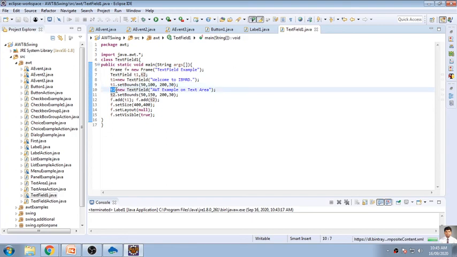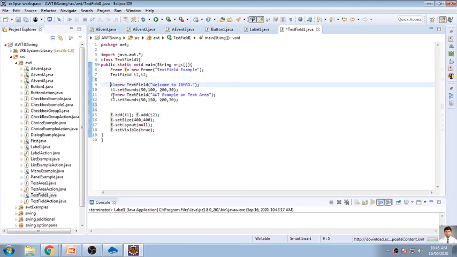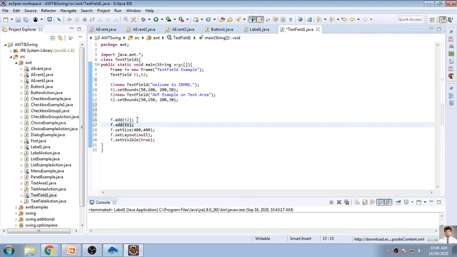Again, I'm creating an object of another text box, that is T2, which is already declared as a text field. So here we are creating an object of this by using the text field constructor. Again, I'm writing something into that text box, and again I am setting some boundaries for that text box. Now this part is nothing but initializing the text box and setting the location where it should be displayed. Now the duty starts here. Here I am saying that it is T1 and T2. Now what I will do is that I will remove this one, and I will put this part at the end.